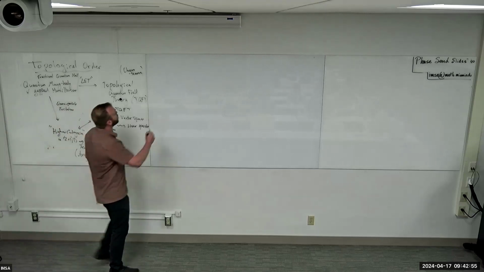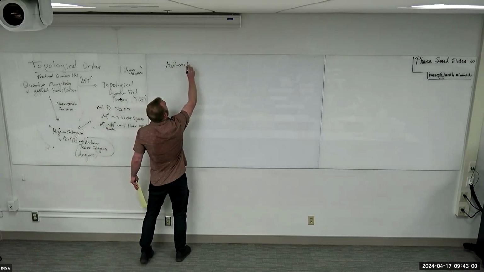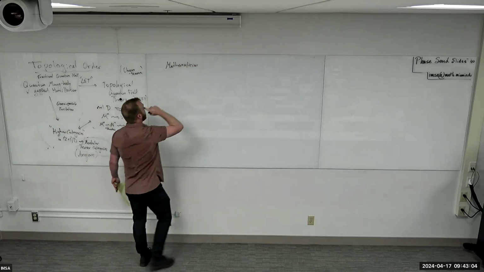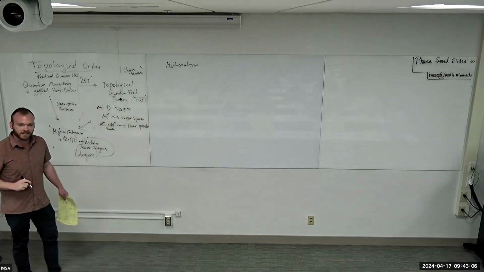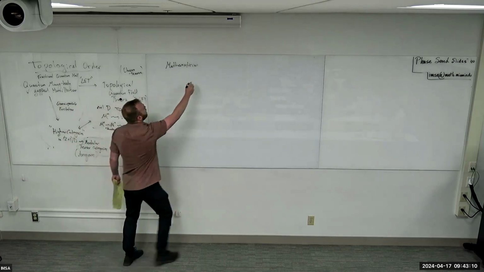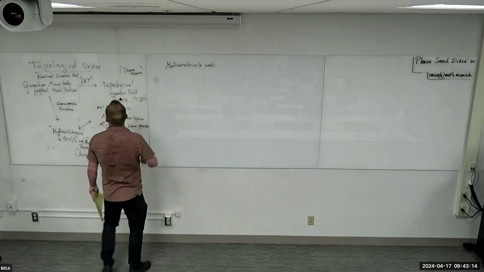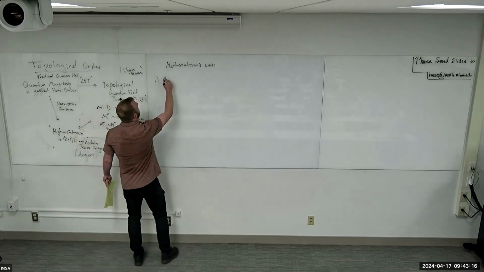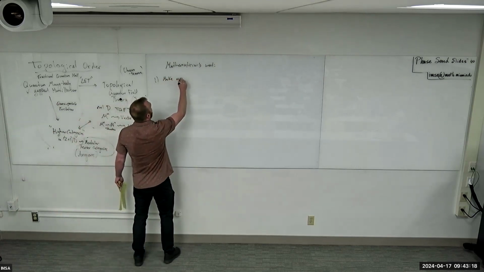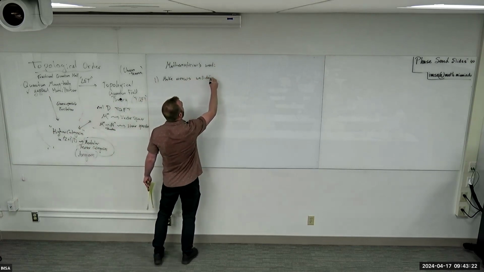So let me tell you what mathematicians would want to do with this. I can't even spell it. Mathematician. That's why I'm a mathematician. I never passed my spelling class. I could do the equations or whatever. Okay, so mathematicians want one: make this arrow rigorous, well-defined and model independent.